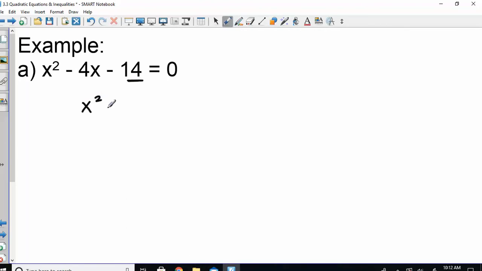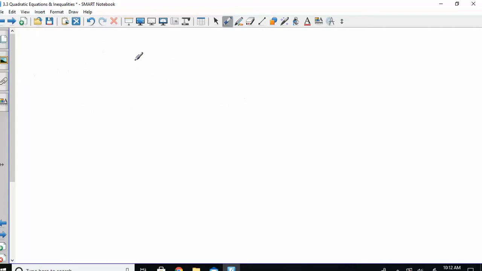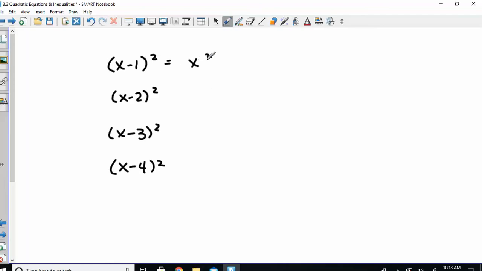So that's the negative 14. So what I need to do is just take that over to the other side. And I'm just going to leave myself a little space here. Okay, my goal is to make a perfect square so that I can factor it. If you think about a perfect square, that's something like if I had x minus 1 squared, or x minus 2 squared, x minus 3 squared. These are perfect squares. And they have a pattern. When you FOIL these things out,